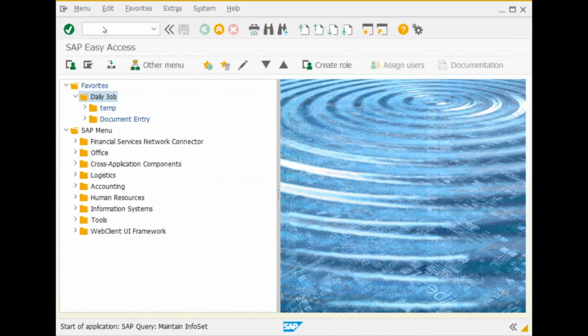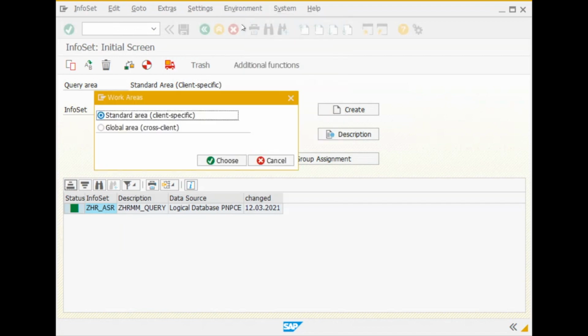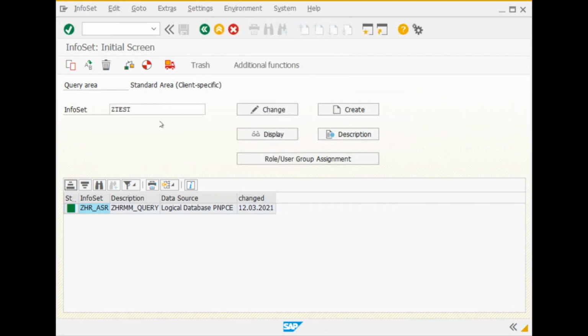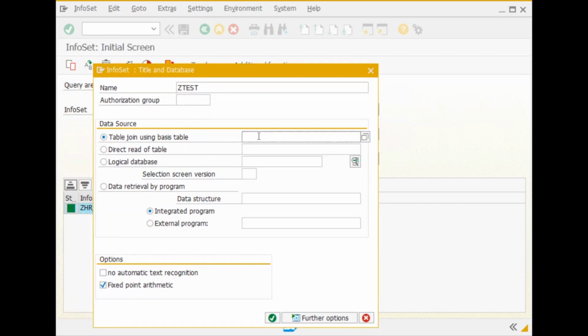The second step is to go to SQ02 to define the source table for your query report. And again, you need to ensure you're using the standard query area. And you can see there are multiple options to be chosen as your data source. First, you can have table joining each other, you can have single table direct reading, or you can use a